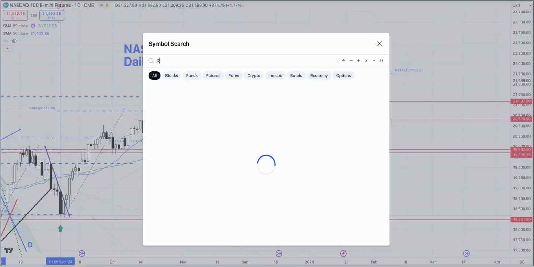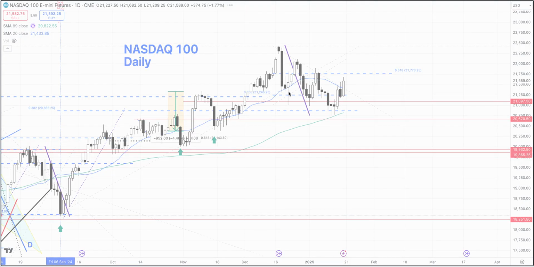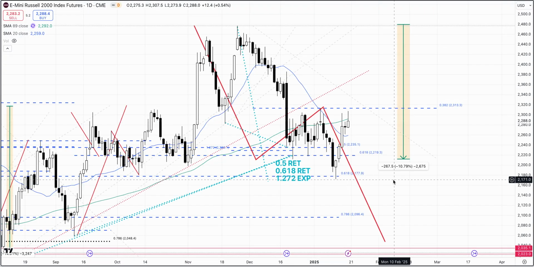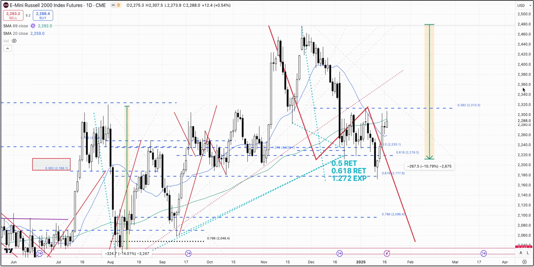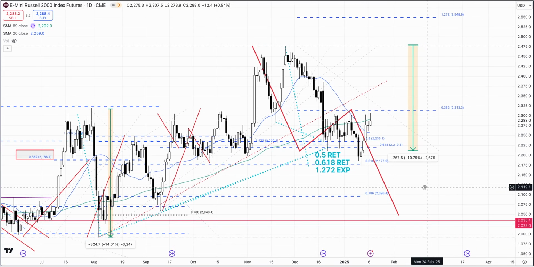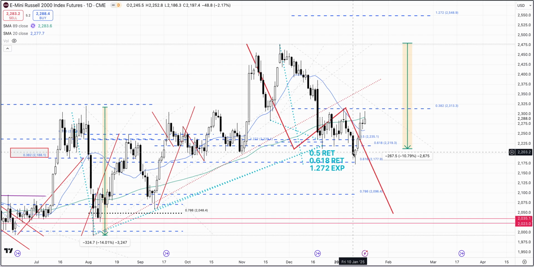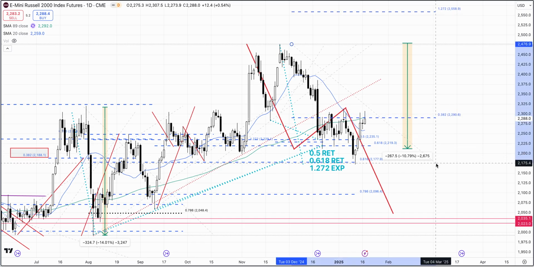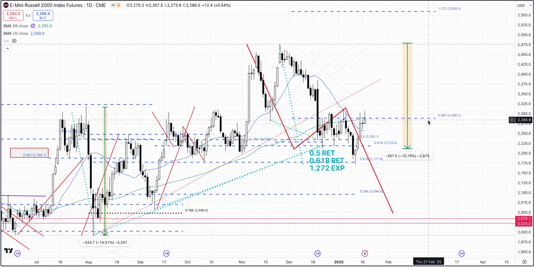Now let's take a look at, last but not least, the Russell 2000. Here we go. So we also got some strength coming to the Russell 2000 as well. At one point when it also broke below this key support I had on Friday, the 10th of January, I thought maybe we are in this structure, which is still possible, but it gets above this. But if it gets above this level, which is going to be, let me actually show it to you right here,